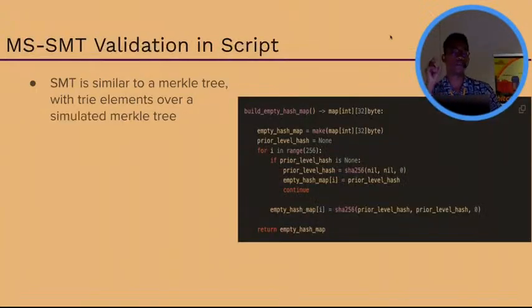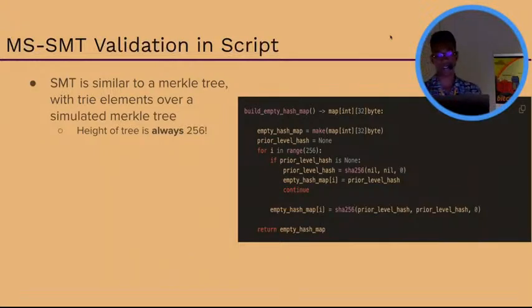We basically use something called a Merkle sum sparse Merkle tree, right? And a sparse Merkle tree is similar to Merkle trees. It's a tree people know about. And you can say, okay, well, obviously that's massive. That's a bunch of hashes. There's no way it's going to fit in RAM or anything like that. But the thing is, we can actually simulate this Merkle tree based off this empty hash construction,